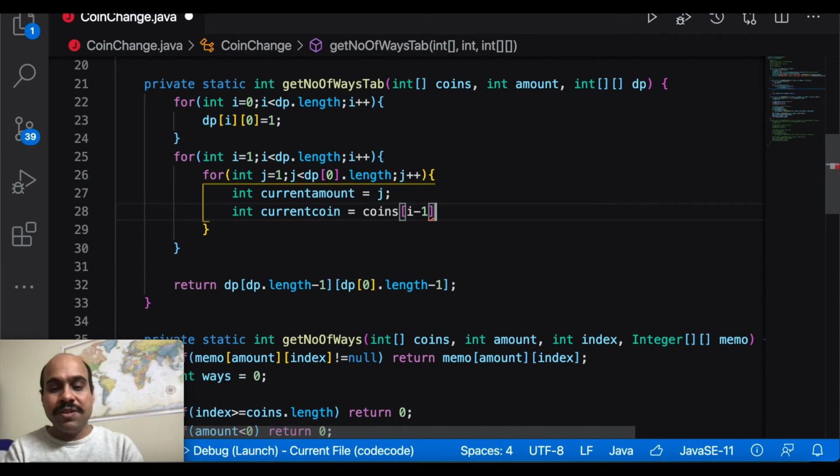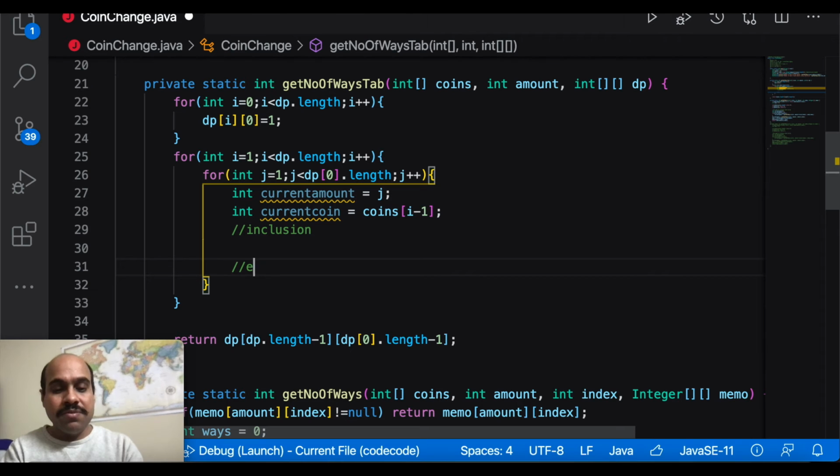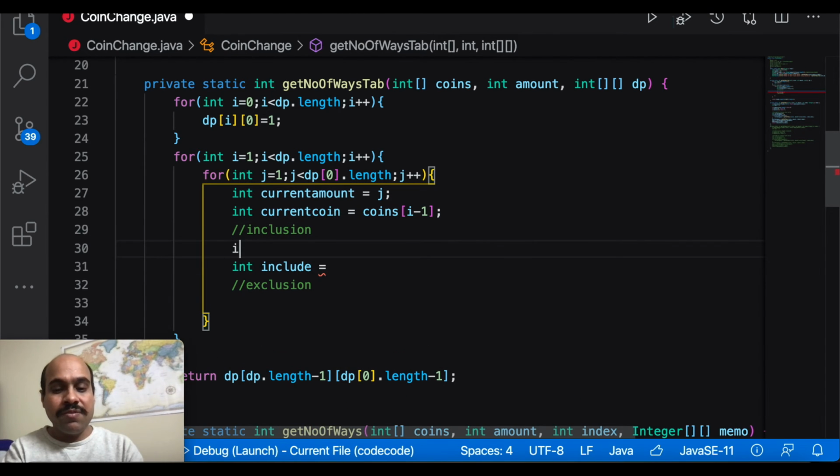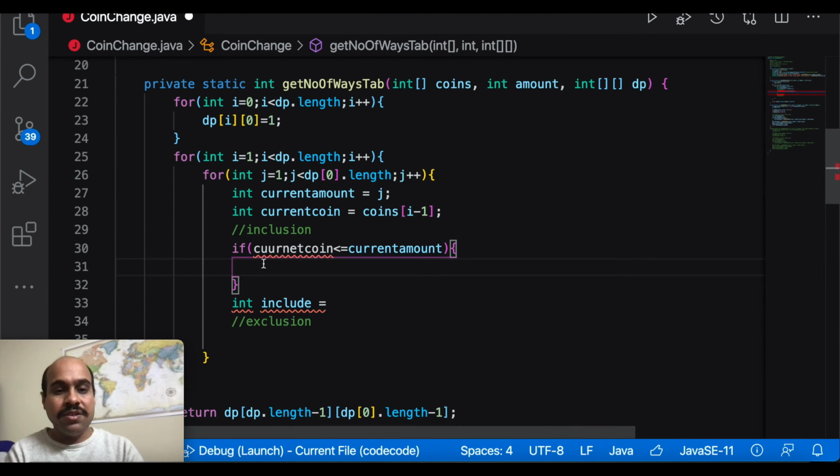So this will give me current coins value. Okay, so let's first do inclusion, then do exclusion, and here for inclusion I will have always condition if current coins value is less than equals current amount, then only you calculate this include.